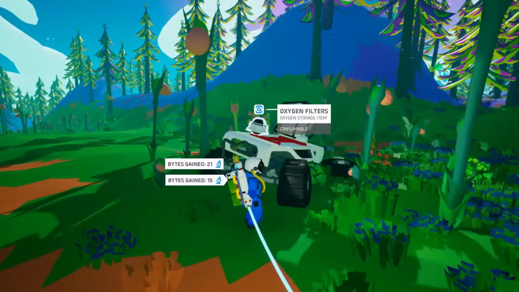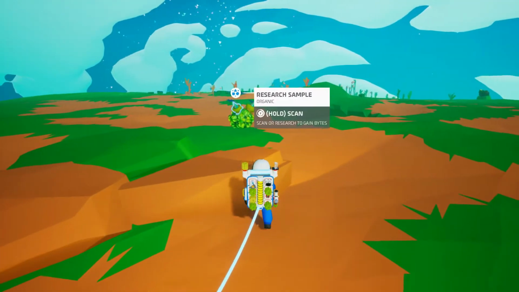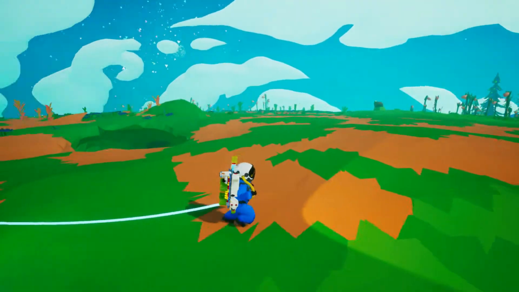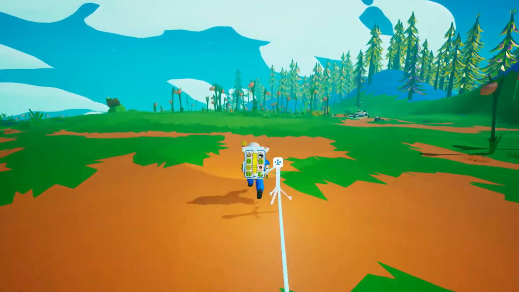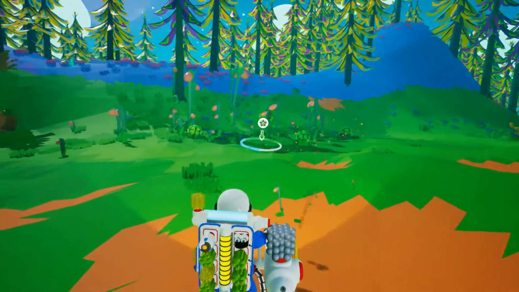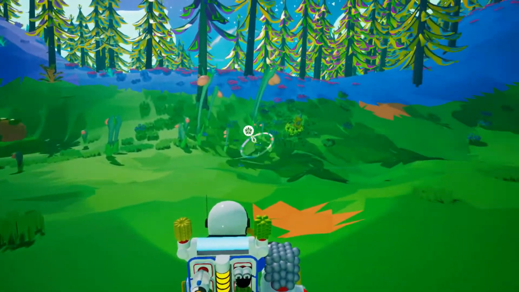There's another, oxygen filters. I'll take that. Don't really know what that was, but hey. And basically, for example, there it says bytes gained again. That's basically like XP points. So like the level almost that you're on, and then when you have so many, like say around 1,500 of them, then you can unlock, say, a buggy, and then you have to get the materials to make the buggy. So it's quite confusing, but if I do another one of these videos, then it will hopefully all start to